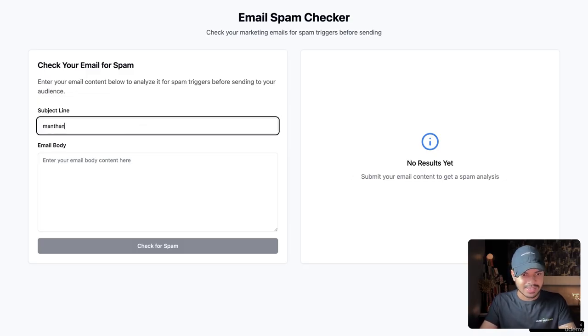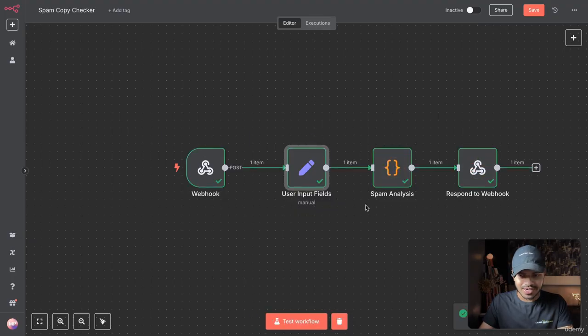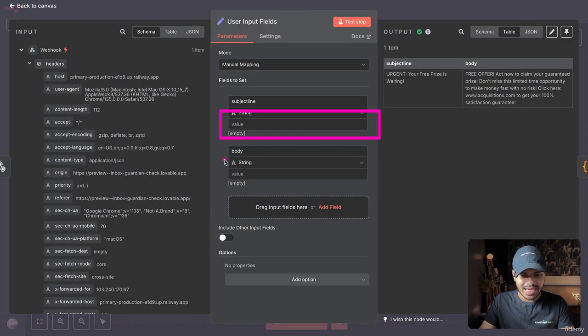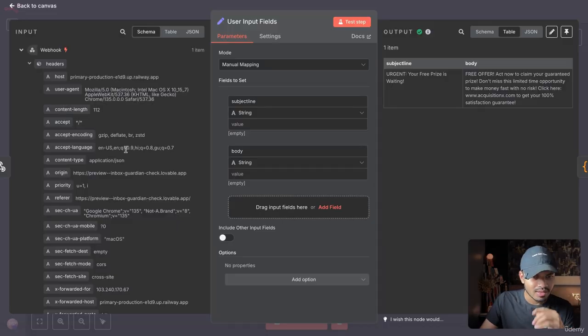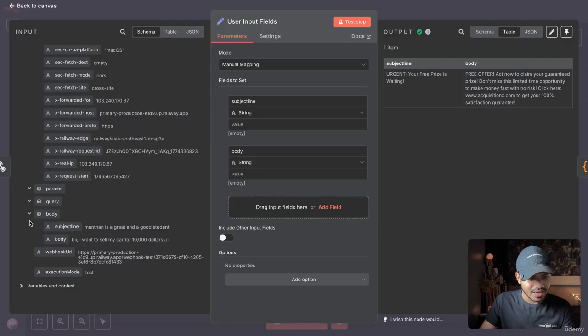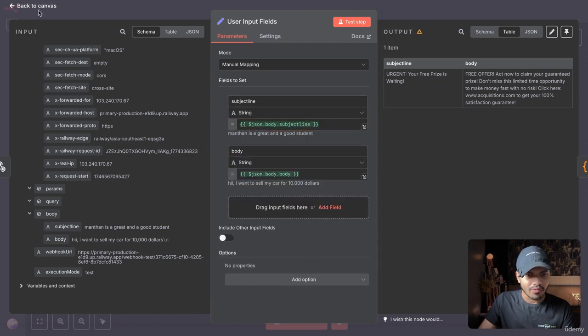Let's test it with something. Manthan is accurate. So it is just random data. Don't worry. Awesome. So it should trigger our entire workflow. But first of all, we need to drag and drop both the subject line and the body that we will get from here. So scroll down and you will get, under body 2, the thing that is inputted by the user. And now we want to test it